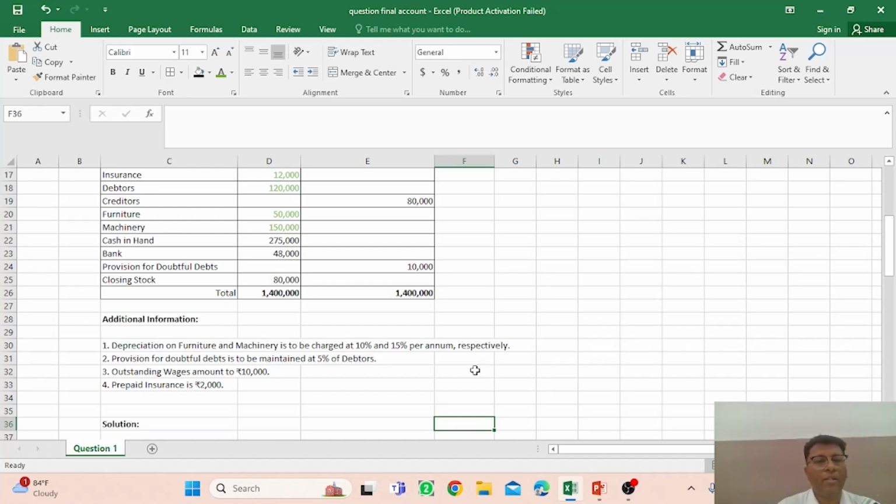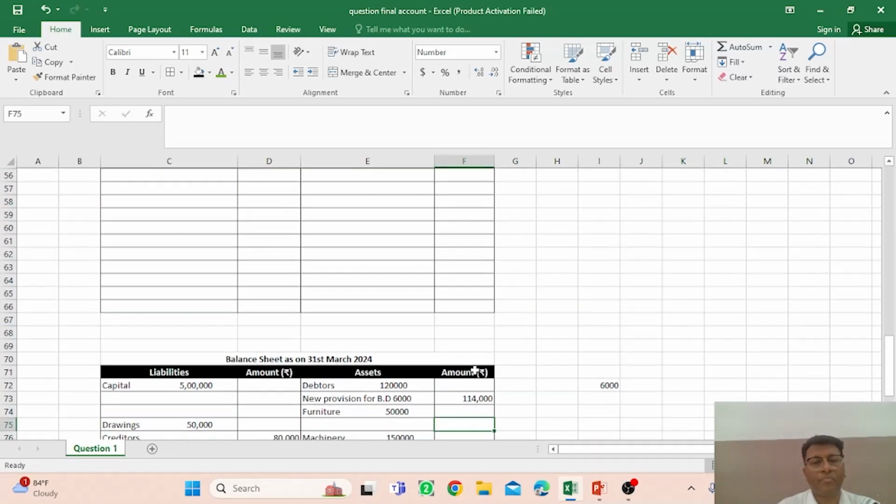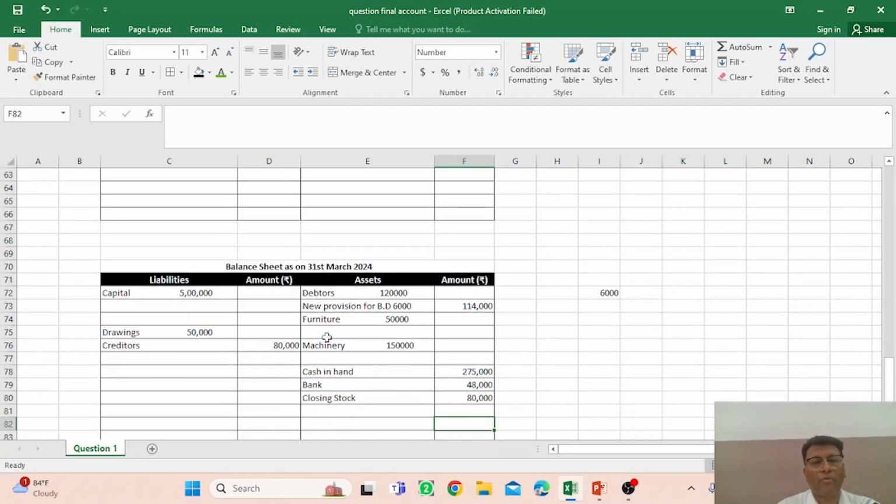So very carefully you have to read one by one all the adjustments. The first is depreciation. Depreciation is a loss and it is to be charged at 10% and 15% respectively on furniture and machinery. So 10% on furniture. You have to write less depreciation, and 10% is 5,000, you have to calculate it, and the amount you have to write down outside